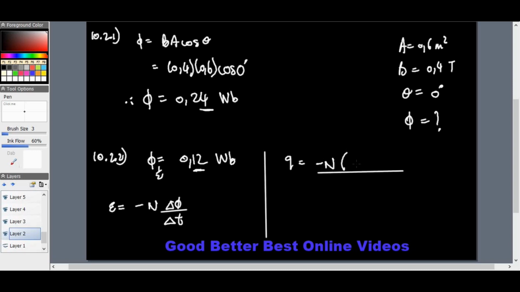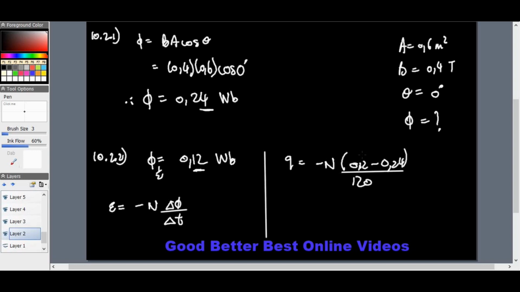We've got 0.12 minus 0.24, and then divided by 2 minutes, which is 120 seconds. And 9 is on the other side. Let me move this away. So this will be negative 0.12, because 0.12 minus 0.24 gives me negative 0.12. 9 times 120,